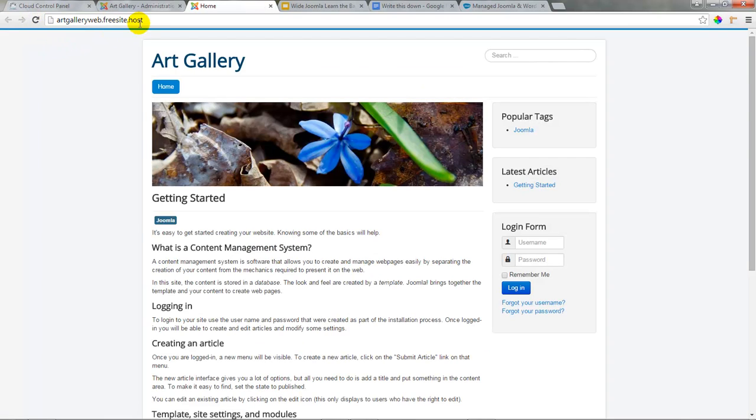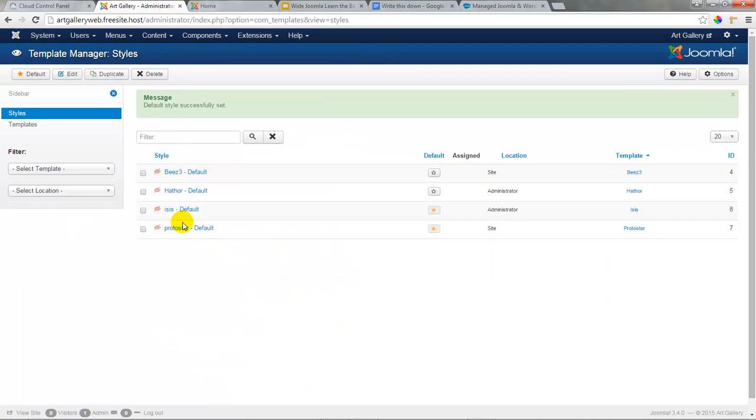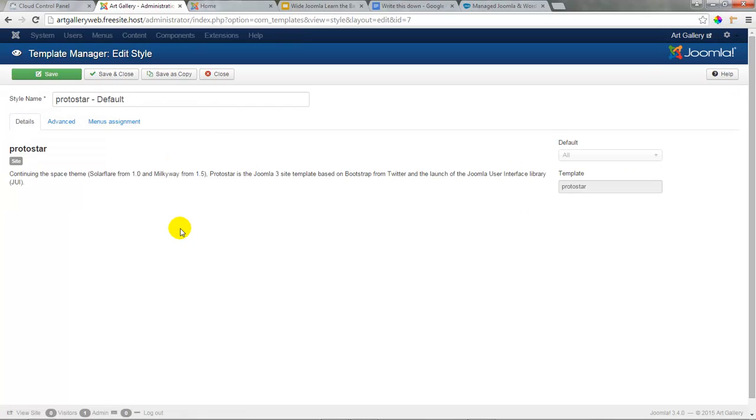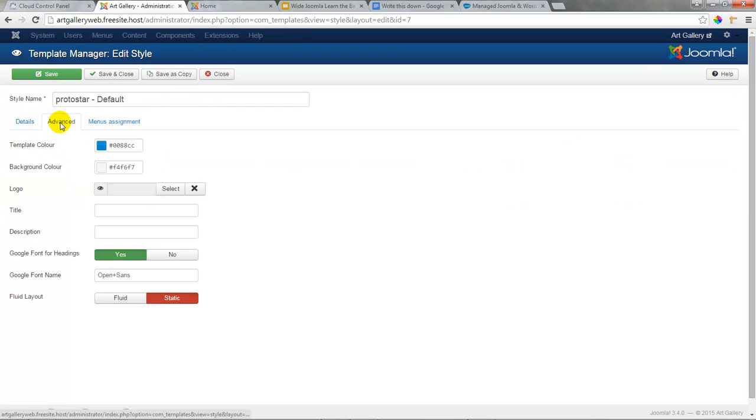We're going to get a new template. But let me just show you in the back end why we're going to get a new template. It's responsive, so why can't we work with it? Well, Protostar, if I click on the Advanced tab, I do have a few options here, and you can definitely